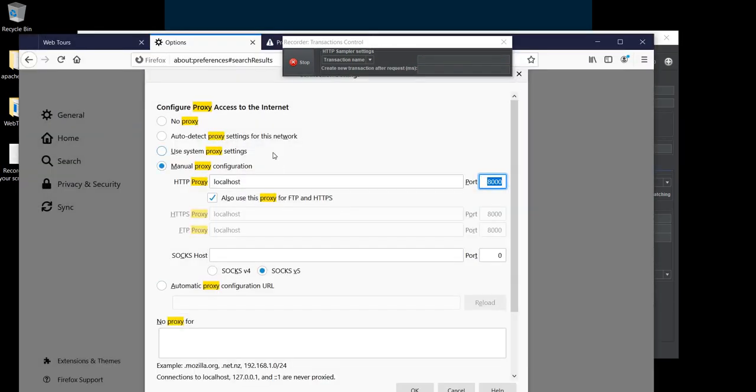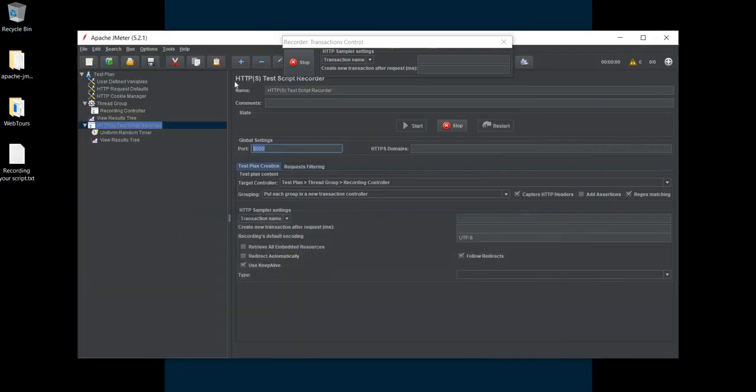And you have made changes to the web browser, which says that it will be pointing and sending all the requests to localhost and port 8000. So who is listening on port 8000? It is the Apache JMeter server. We have already set up this server. Apache JMeter gives us the feasibility to set up the server with a click.